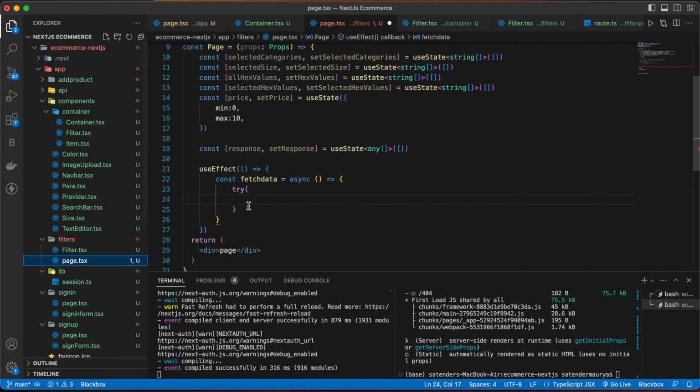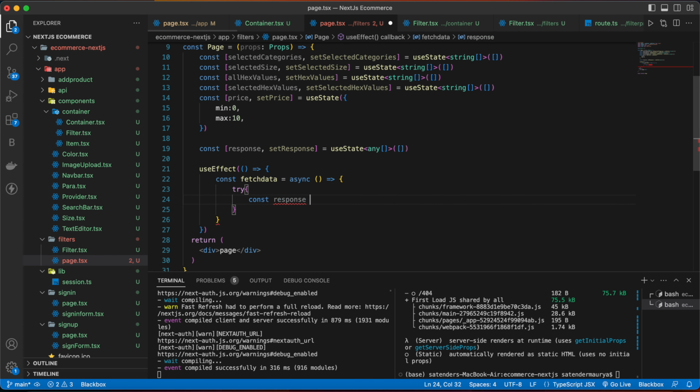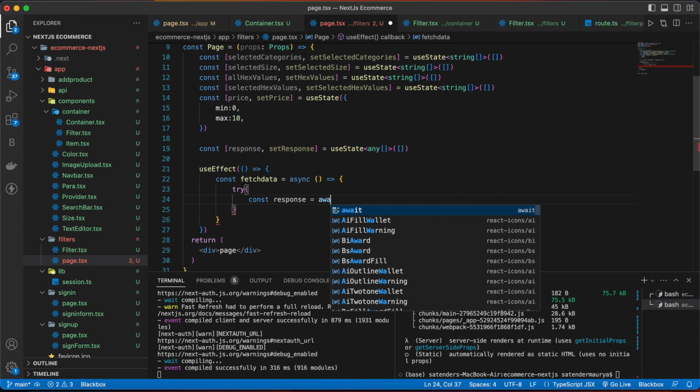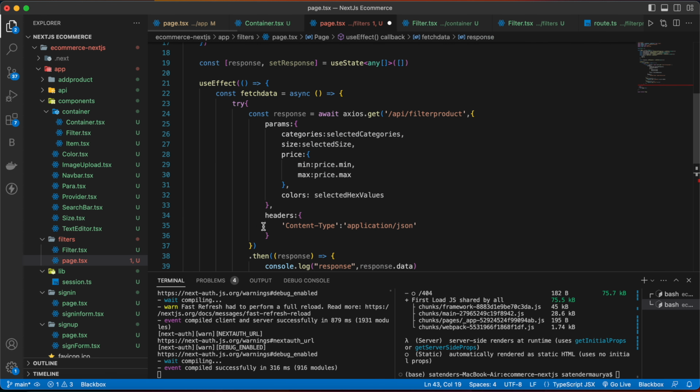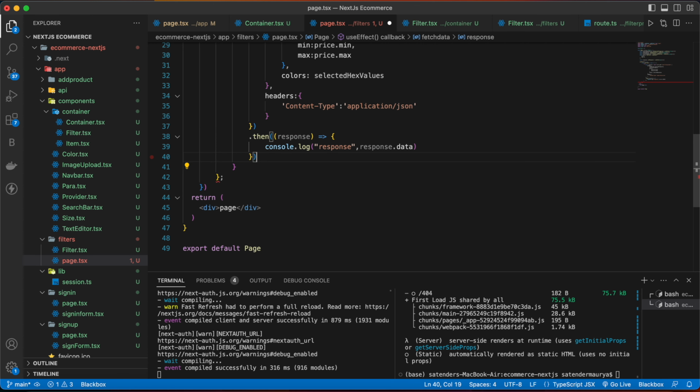go back to the page.tsx, and here write const response equals await, then paste, and then remove this part.